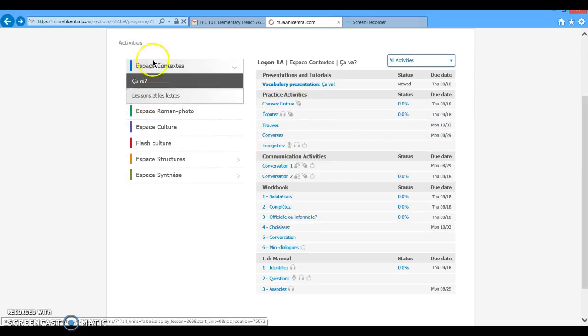If you want to change the section, so under Espace Contexte, they have the leçons et les lettres. Or if you need to get into the structure, maybe, loading. I should have some nice elevator music to play while it loads. I don't have anything like that right now, but